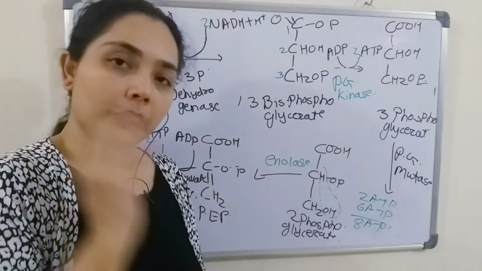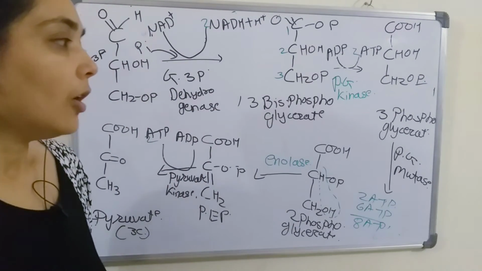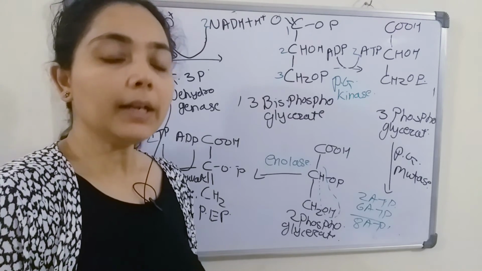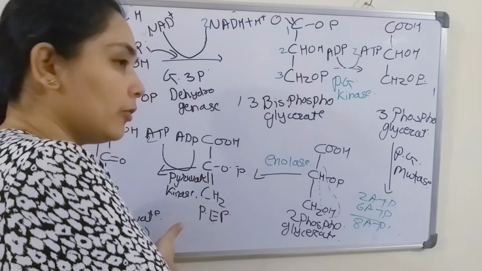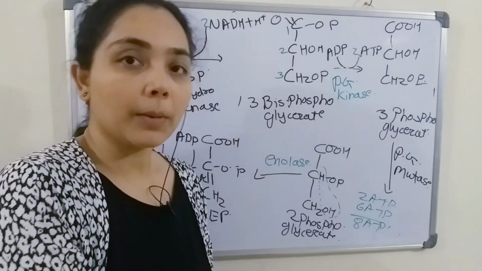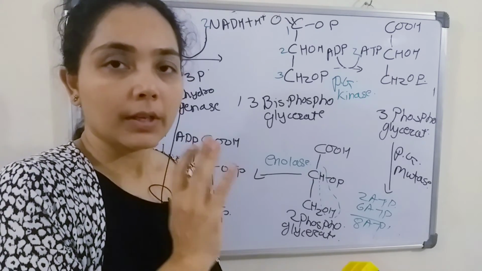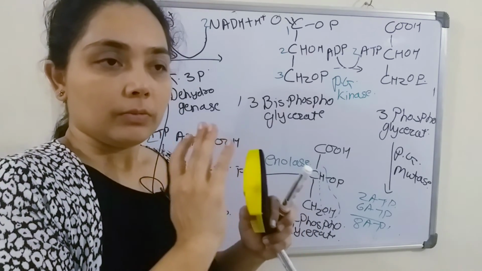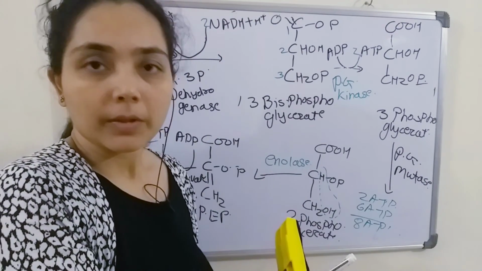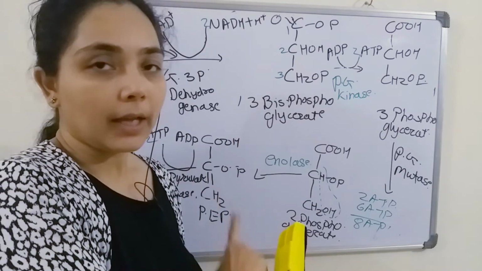We have covered every detailed step of glycolysis with the enzyme regulations, and now we have seen the chemical structure of all the intermediate products, right? Next we will see that these pyruvate molecules will convert to acetyl CoA. Before that it has to enter into the mitochondria, because the next steps take place in the mitochondria, right? So if oxygen is available, this pyruvate will enter into the mitochondria, but if oxygen is not available, then this pyruvate will convert into lactate, that is anaerobic respiration.